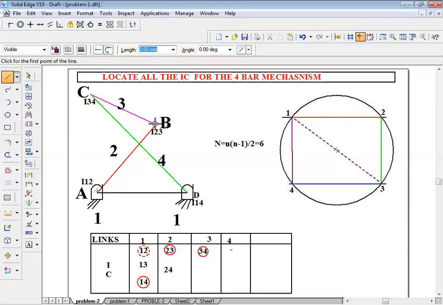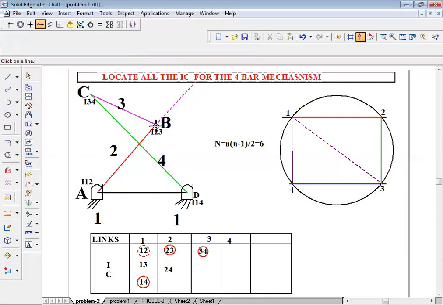I'm going to extend this line. I will take a line and draw it parallel to link number 2. Now come to the triangle with I14 and I34. I14 here, I34 here. See, I12, I23 here, I14 and I34, where both lines are meeting at this intersection, right?